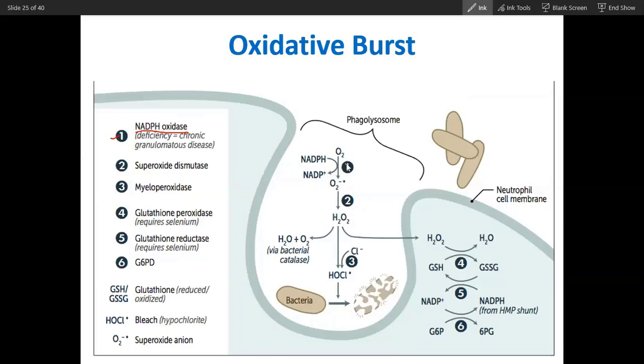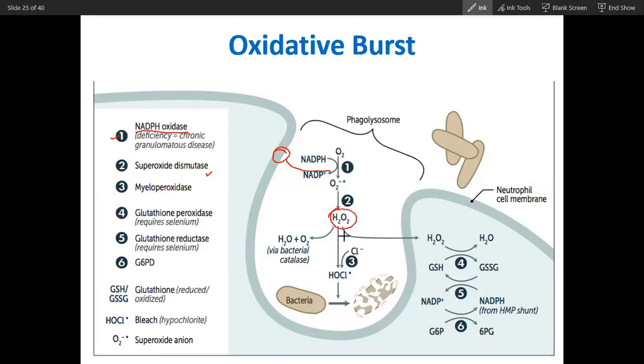So don't confuse that it is present somewhere around here in the hair. It is not there. It is bound to the membrane. So it is just to show the reaction. It is present in the membrane, and this enzyme will change this O2 into superoxide. Now the second enzyme will be superoxide dismutase. It will convert superoxide into peroxide.